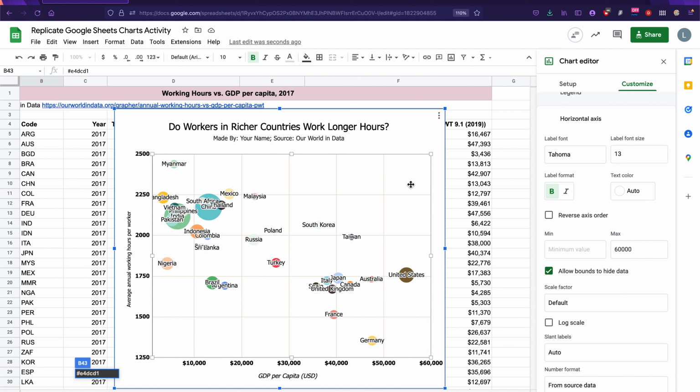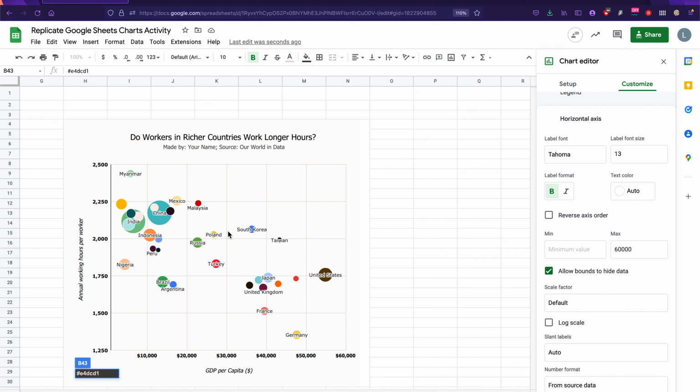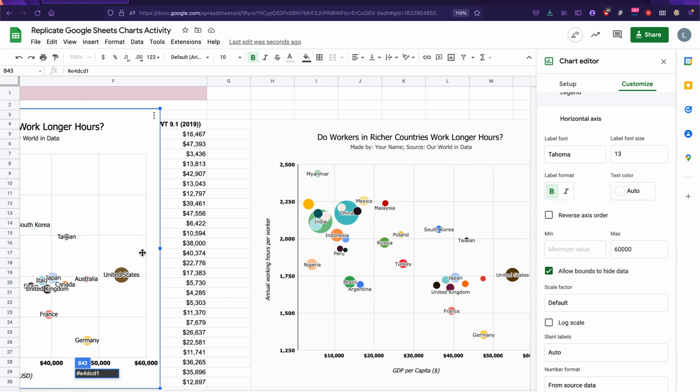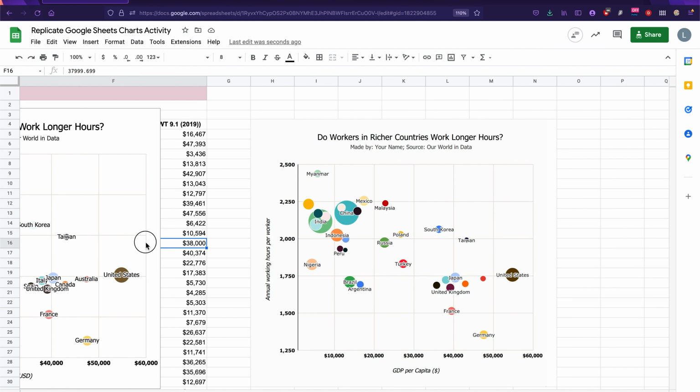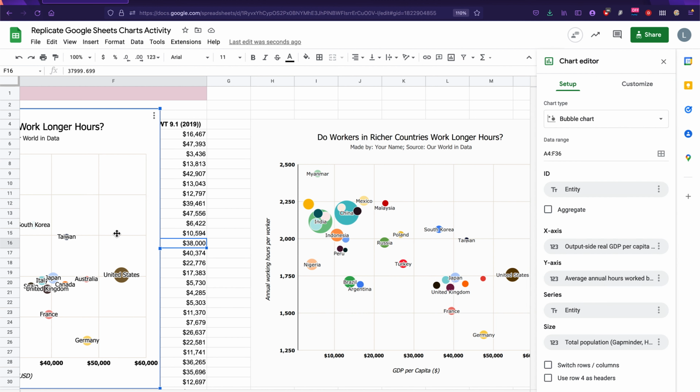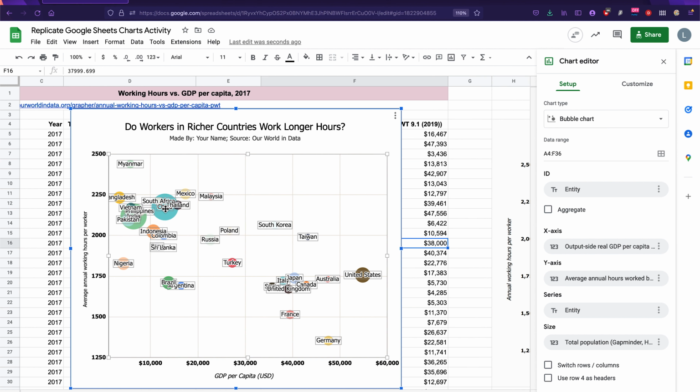All right. Now you'll notice that every single bubble on this chart is labeled. But in the original, the one that I've provided for you, not every single bubble is labeled. That's because if you're writing a story, it's more likely that you'll have a particular set of countries that you're interested in, and not every single country is going to be relevant to what you're writing about. In that case, you would be able to remove the labels from the countries that you're not actually discussing in your story and leave only the few countries that you're comparing instead. In this case, because we don't have a corresponding article that goes with this, I'm just going to go ahead and choose